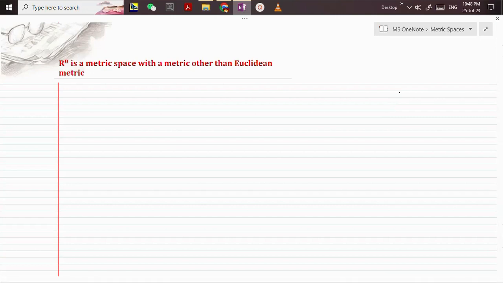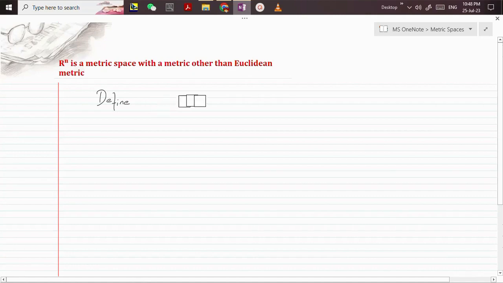It is quite different from the previous metric, and we define a map D from Rn cross Rn to R by,